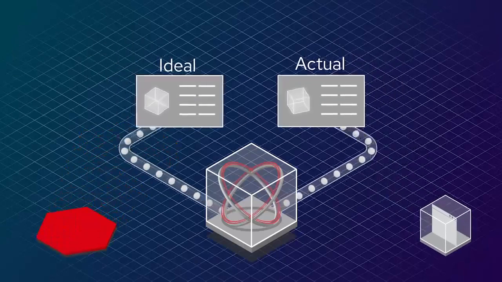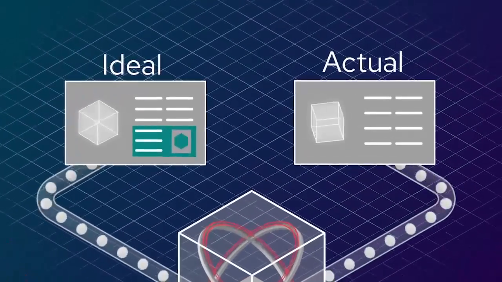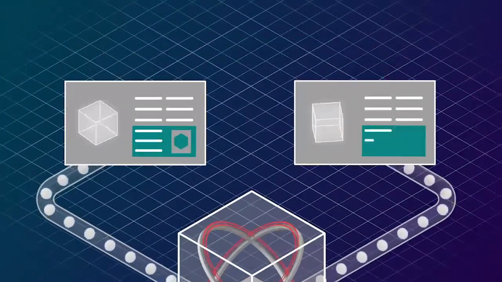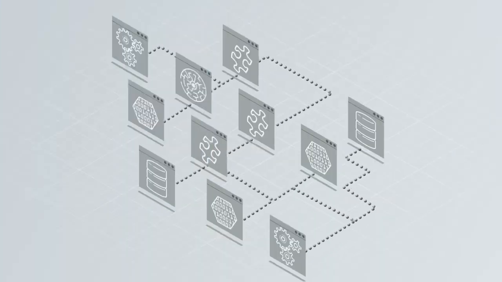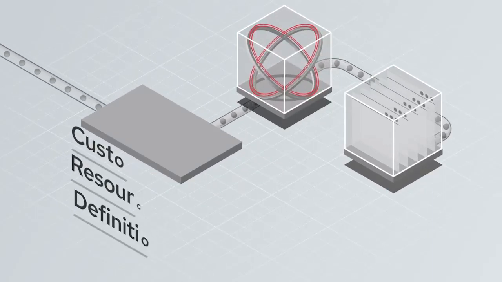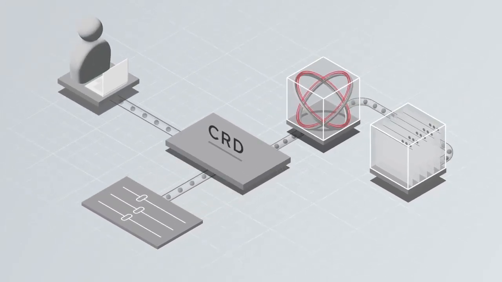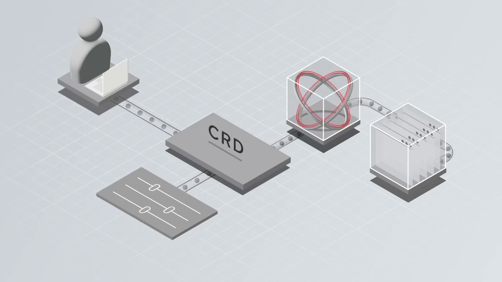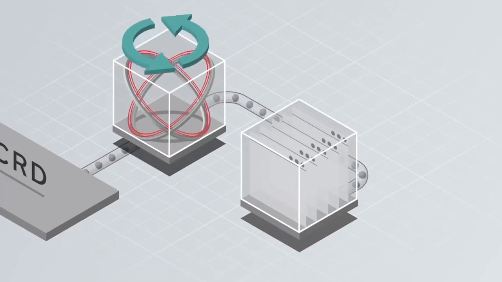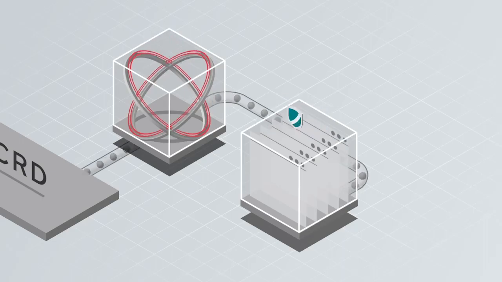It determines if your application is running correctly according to your instructions and in line with best practices from the experts in running that app. If it's not, the operator automatically acts to correct it. Operators also let users interact with a complex application as a single object on the cluster, thanks to custom resource definitions, or CRDs. Users interact with the operator through those objects, which expose only the options that make sense for the application. An operator can also set a new ideal state. When it does, it updates the service to that latest version, ensuring your system is more secure and up to date.